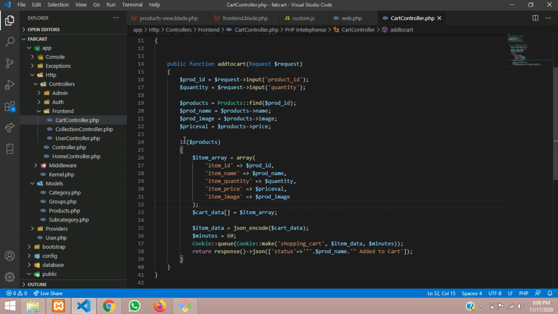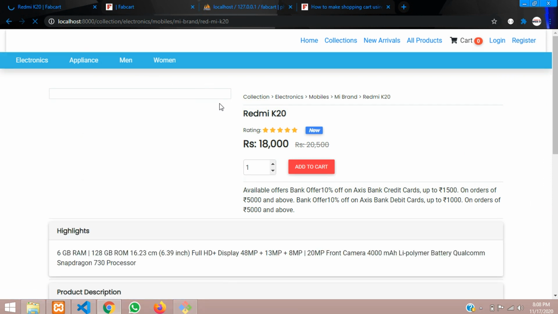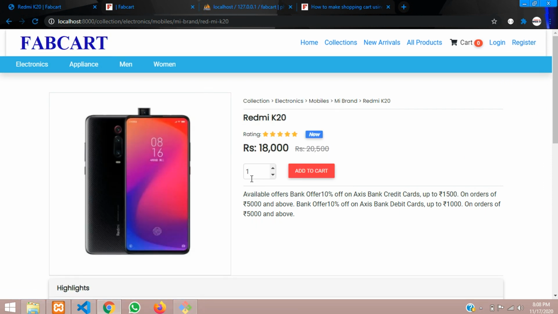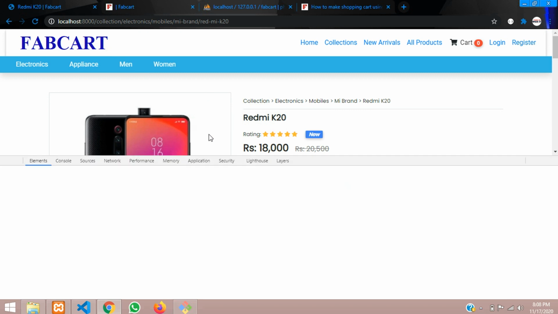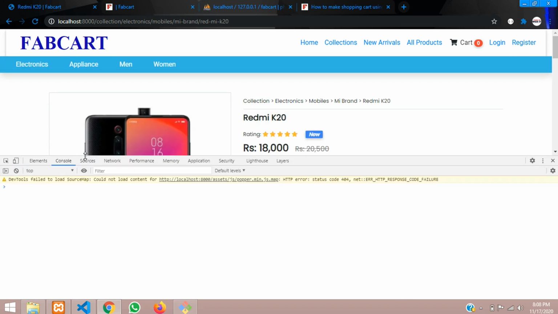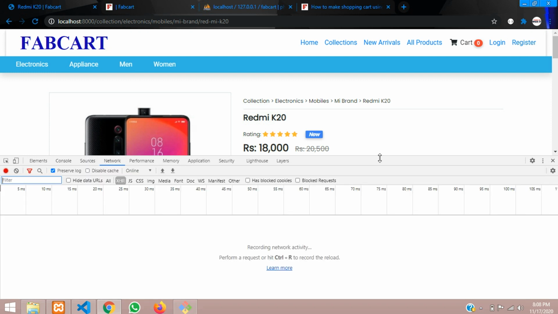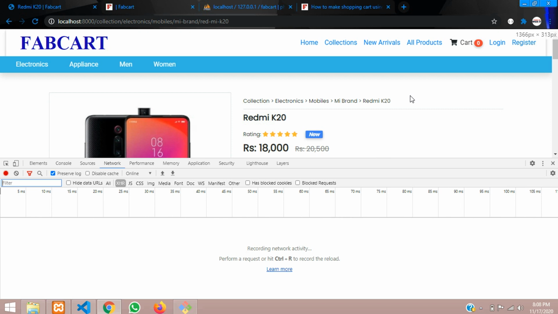So now let's check that the data is getting added. So let's reload the page and let's open the inspect element or developer tool, which we call. So you can check in our resources, or let's go to network. Okay.